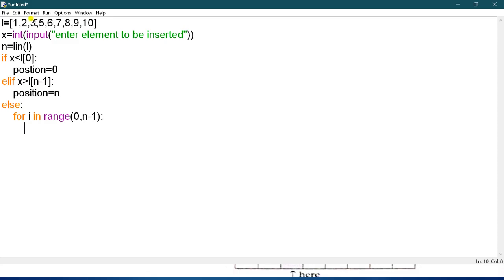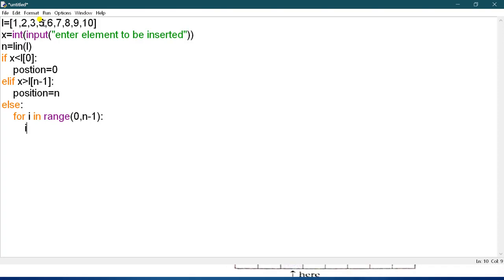For traversing the list, the cursor is now at the third position, so it will check whether this element is less than x and that x is less than this one, this 5, so that the position will get increased, because here we are inserting the condition for creating a position.